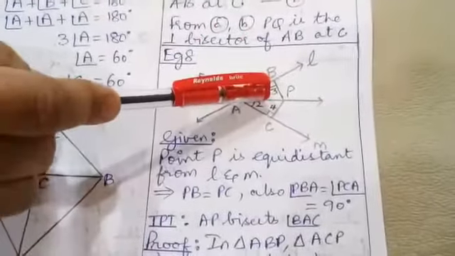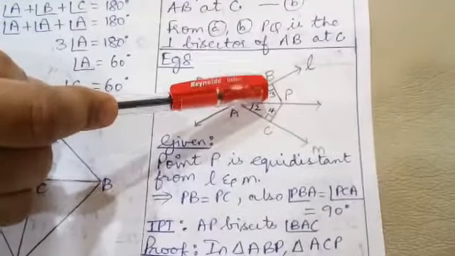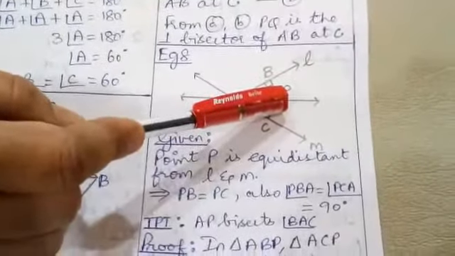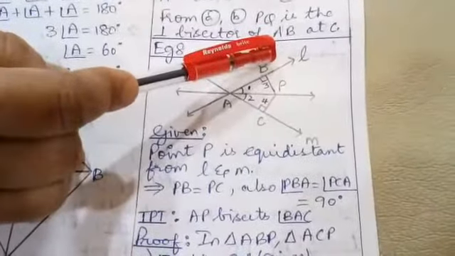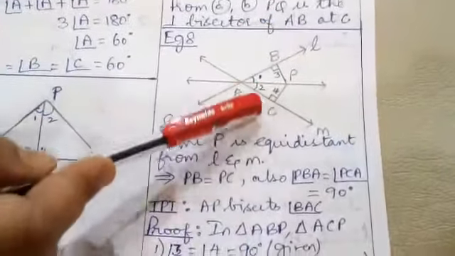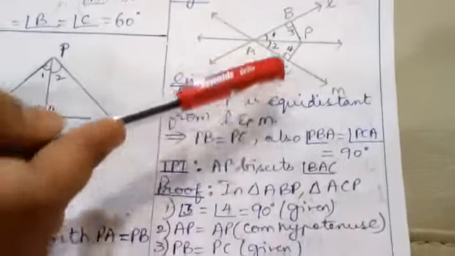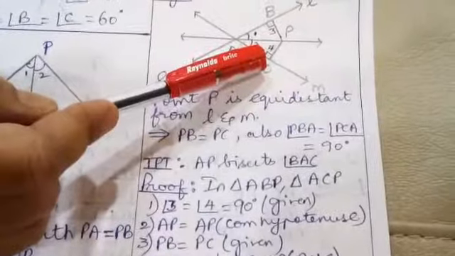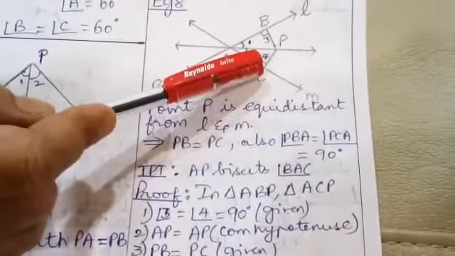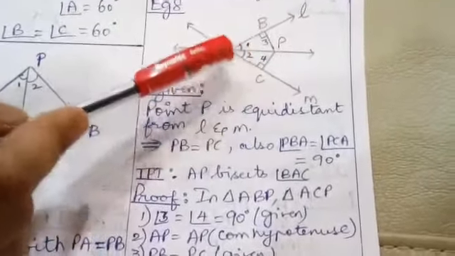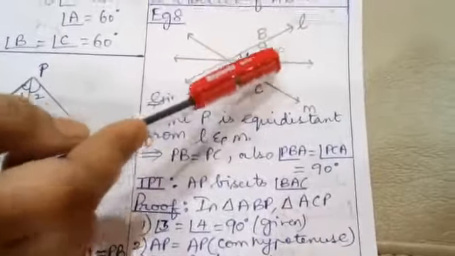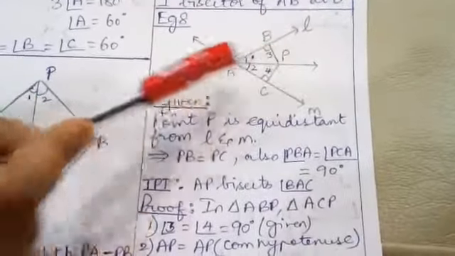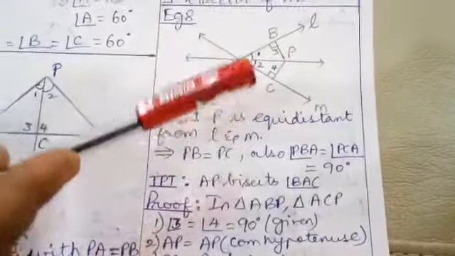See a right angle. Angle 3 is 90 degrees. R, the right angle; H, hypotenuse AP; and S, some other side PB. Check it in the other triangle also. In the second triangle, angle 4 is 90 degrees. That is R, right angle. H, hypotenuse AP. We have mentioned the hypotenuse AP. S, which is some other side, PC. We have mentioned PC in the second triangle.